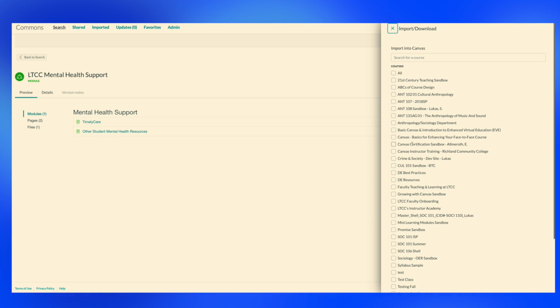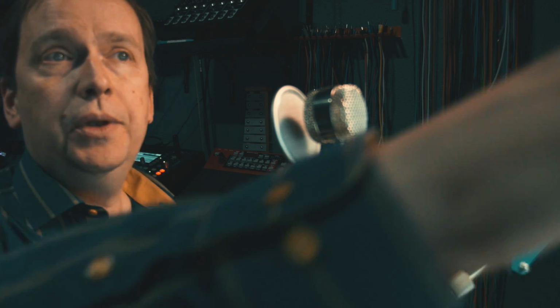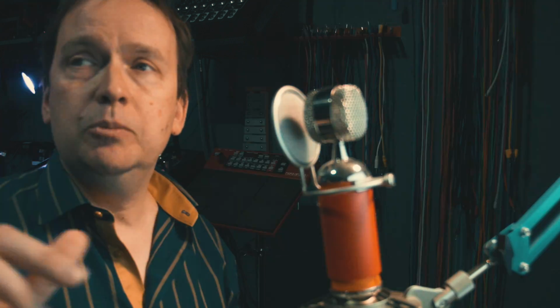And these are only going to be classes that you have rights to. What I mean by that is you have designer rights, you have instructor rights, you can go in and change content. If you're enrolled in a class, let's say for Canvas certification or some other training that we're doing at the college, and you're enrolled as a student, you will not see that class listed on this import menu